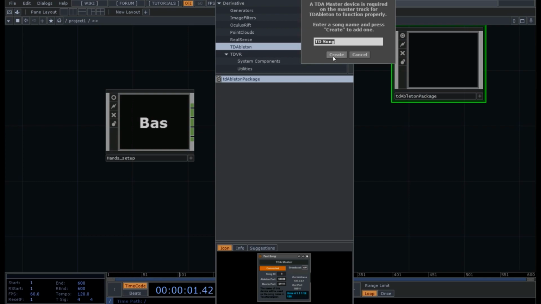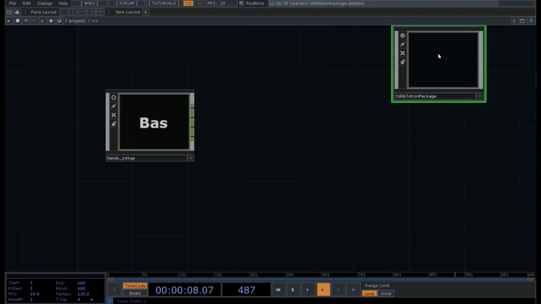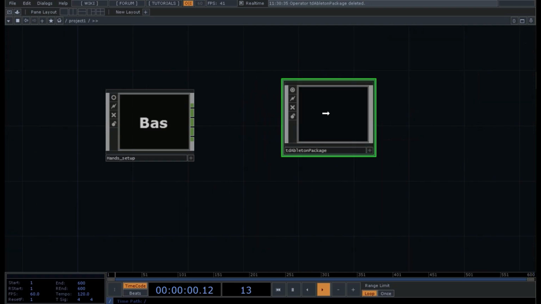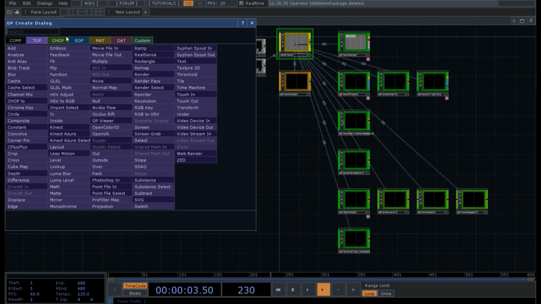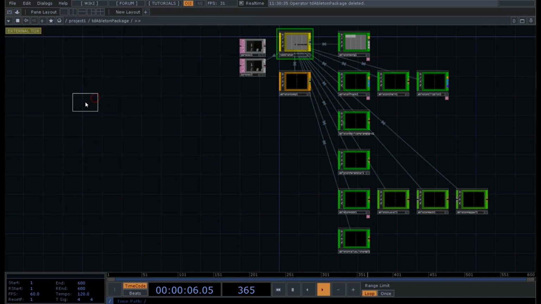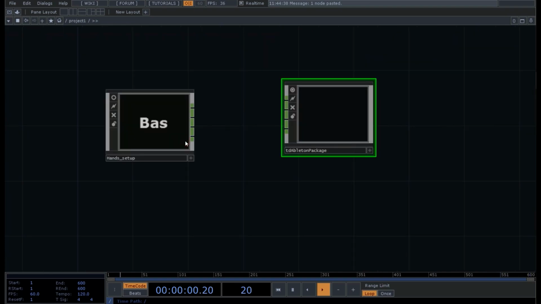TouchDesigner will ask us to create a song name. We create it and close the palette. Now in the TouchDesigner Ableton package we need like 4 inputs. So we go in CHOP, input, we copy and paste 4 times the input, and we can now connect the output of our hands setup